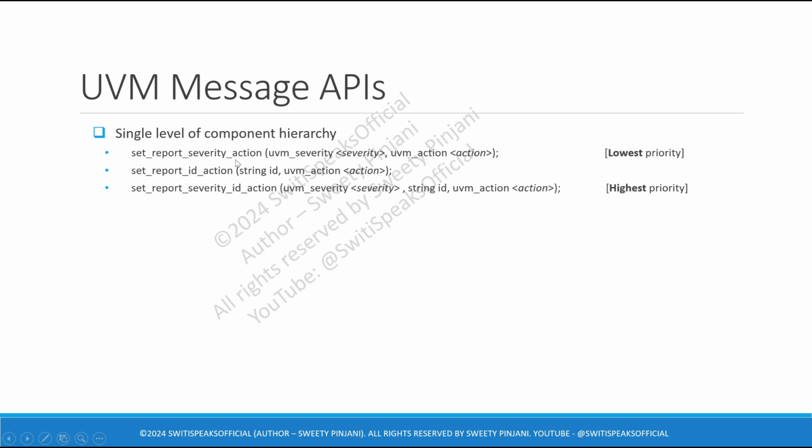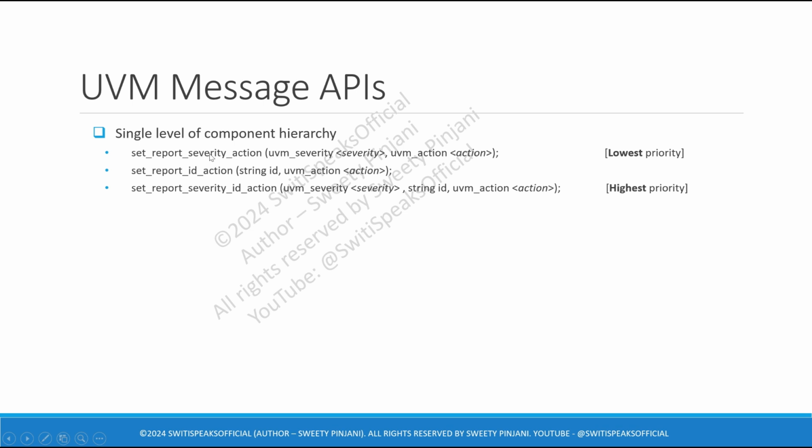Set report severity action takes two arguments, severity and action. Set report ID action takes ID and action. Set report severity ID action will take severity as well as ID as well as action. And see, it's easy to remember. Set report is common. Then it depends on what arguments you are taking.